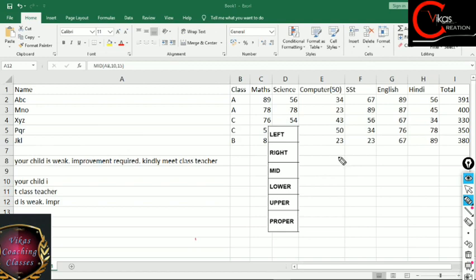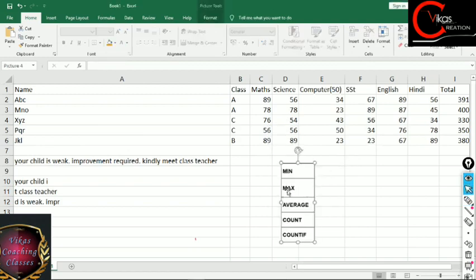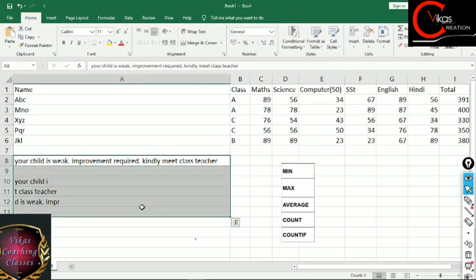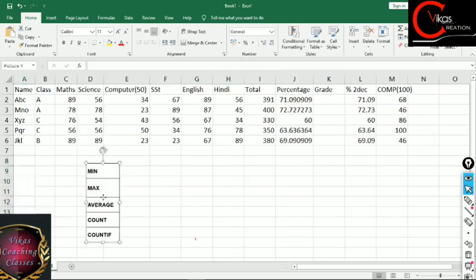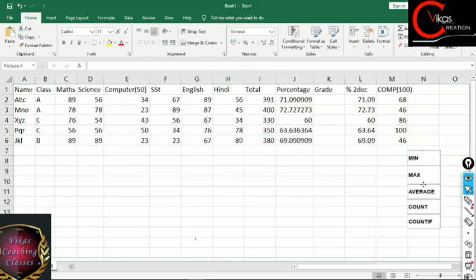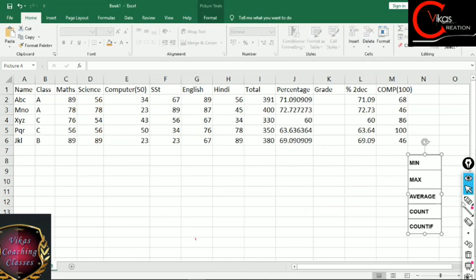Now let's see, or let's work with our statistical functions. So let's suppose, let's do one thing. First of all, I'm removing these few because it will help me to get this sheet properly now. Fine. So we are back with the sheet now. Now let's suppose when I was working with these marks only.